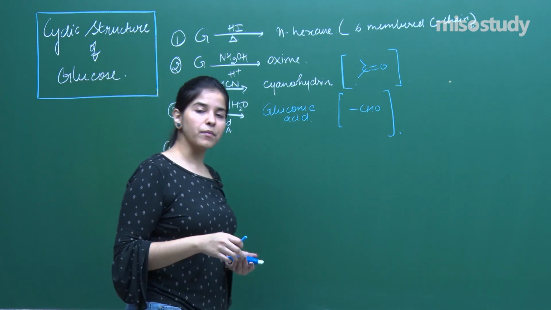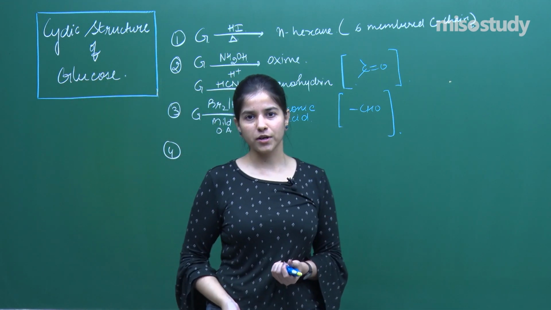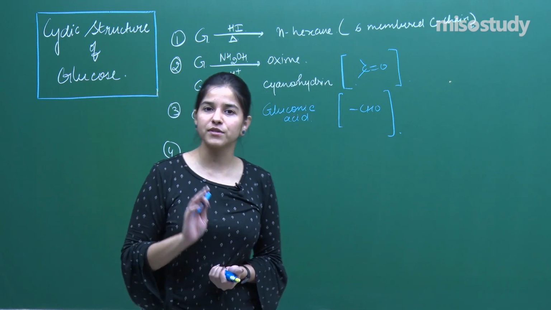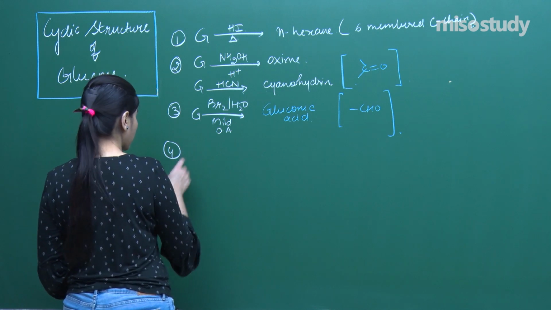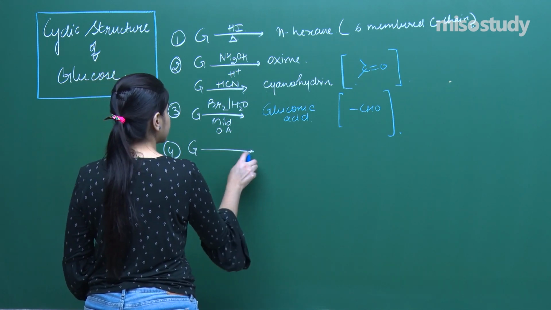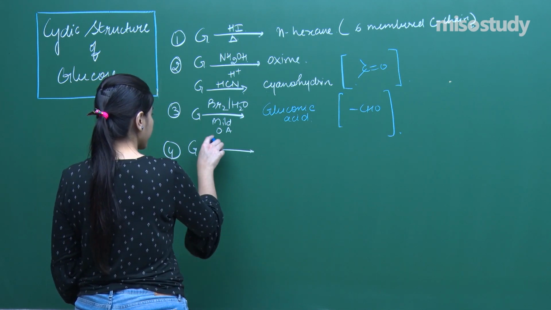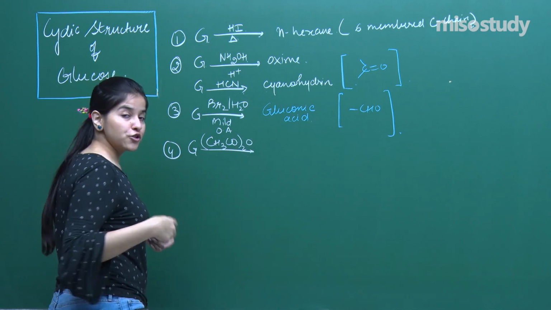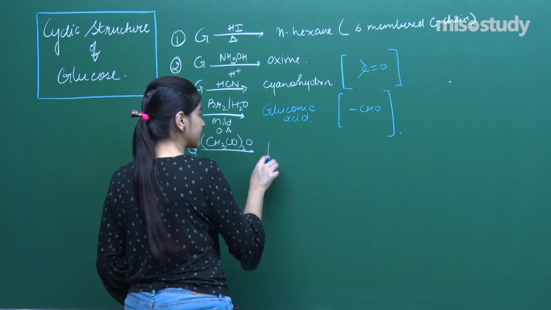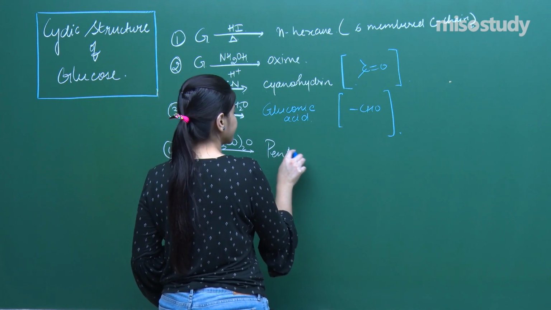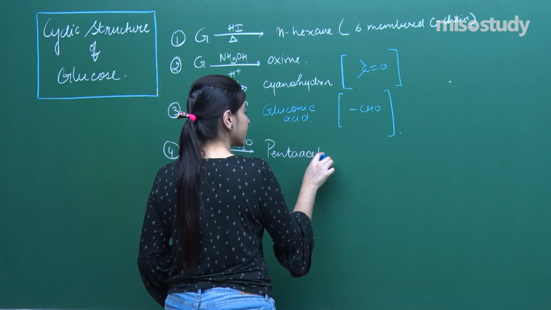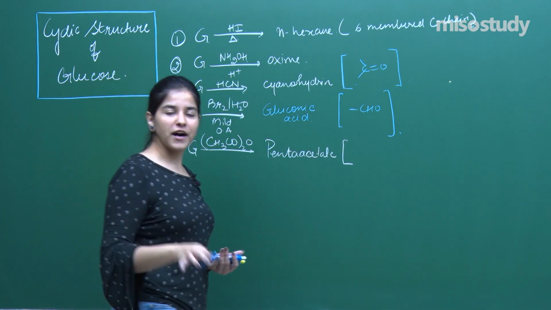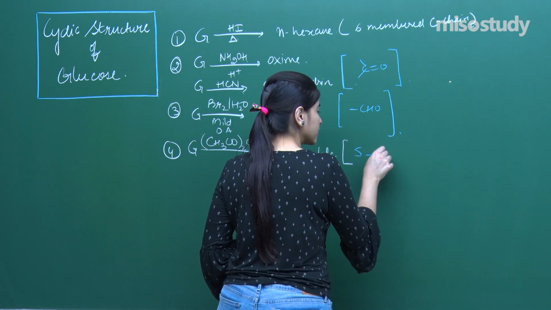Third, right. What was the fourth thing? Now I was concerned about the remaining hydroxy groups which are present. I didn't know that there are hydroxy groups, so I tried to perform the acetylation. For glucose I did the acetylation basically, right. And due to this acetylation I got the pentaacetate. And from this pentaacetate I got to know that I have 5 hydroxy groups,